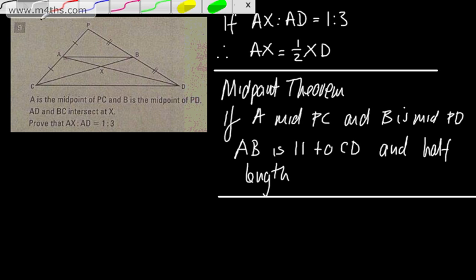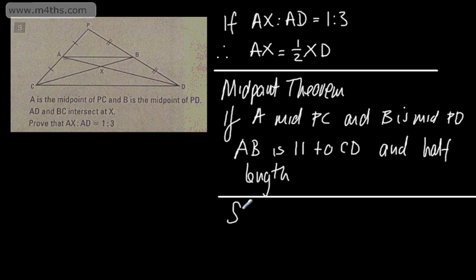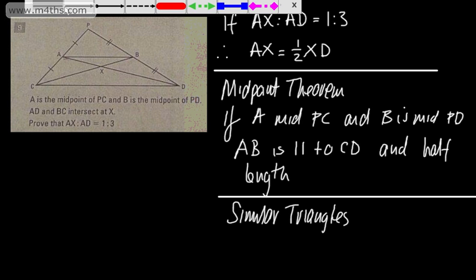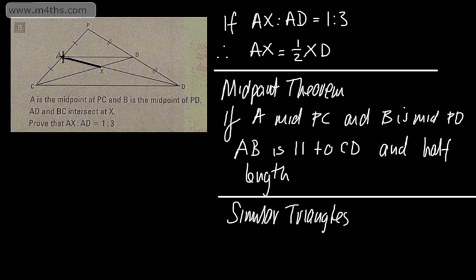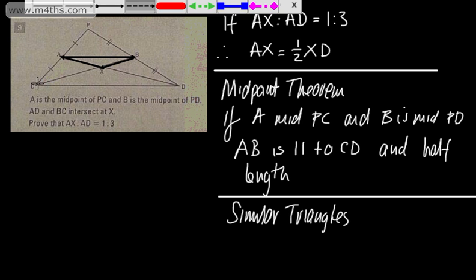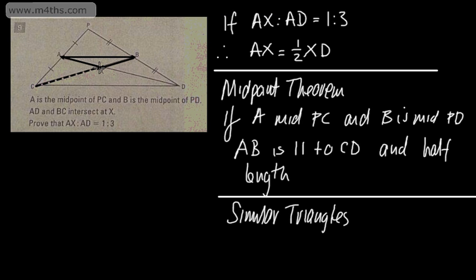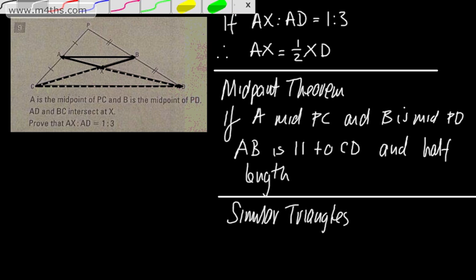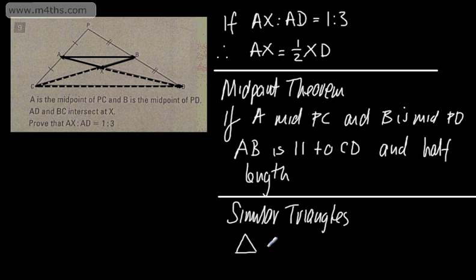Now let's think what I can do. We can use similar triangles. I don't know how thorough you want these to be. So using similar triangles, we can say from here that this triangle right here, and let's get a different color up, that triangle from here to here to here is similar. So we've got AXB is going to be similar to that one. Let's put this on. We can say triangle